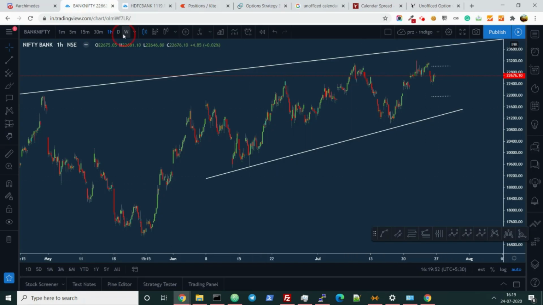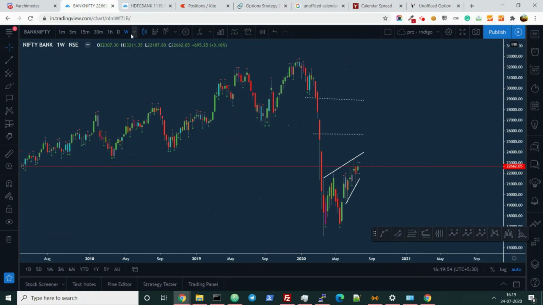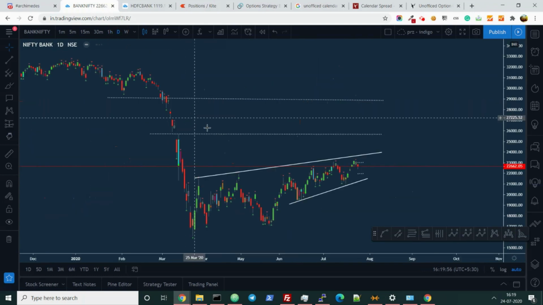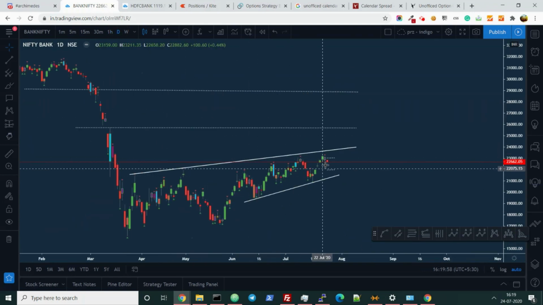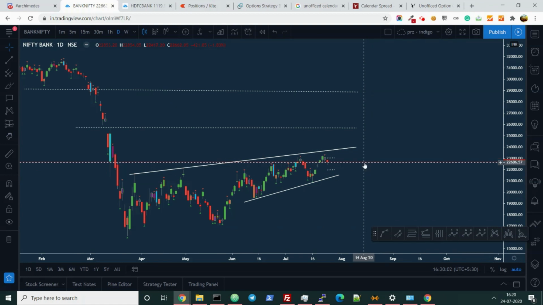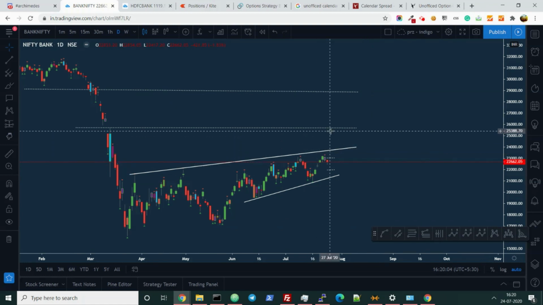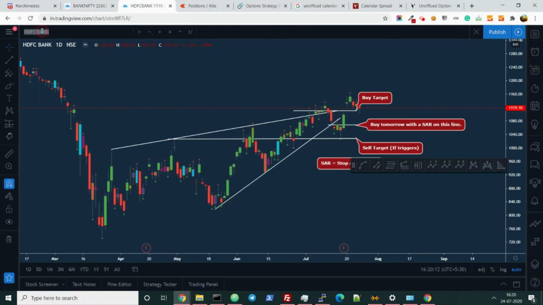Let me show you the W graph. W means weekly time frame. So my bet is that it will be consolidating, but at the same time, I am also betting that it may break out. But it cannot break out and sustain until Reliance posts its result. And Reliance has already gone up too high. Let me show you the Reliance chart.